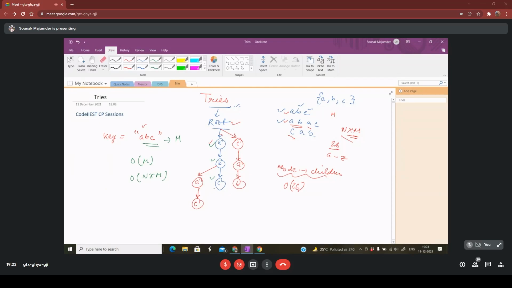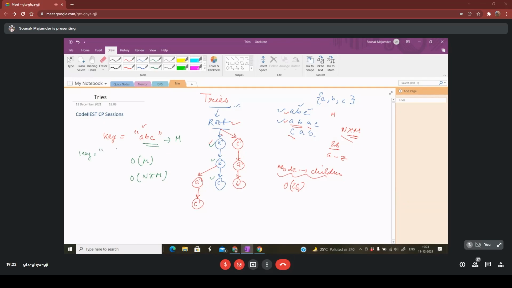Now there are very different ways of forming the nodes and how the trees are stored. If we only do this, the node structure has only children, then there are some errors that we might face. Let's say there is another key.